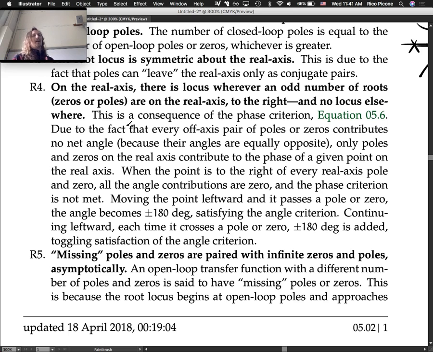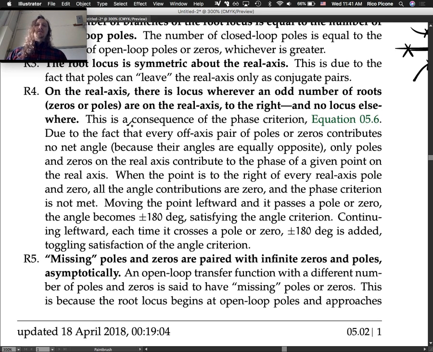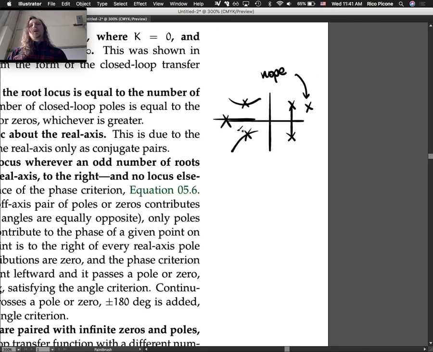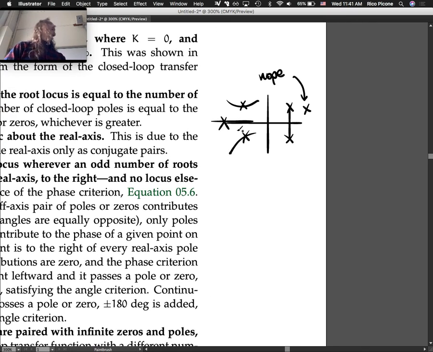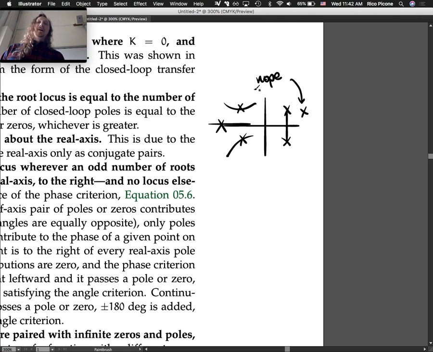But this is a consequence of the phase criterion, equation 5-6. Due to the fact that every off-axis pair of poles or zeros contributes no net angle, because their angles are equally opposite, only poles and zeros on the real axis contribute to the phase of a given point on the real axis. What did he just say? There's a lot happening there. But, so first I'm going to try to say that, okay, say you're looking at